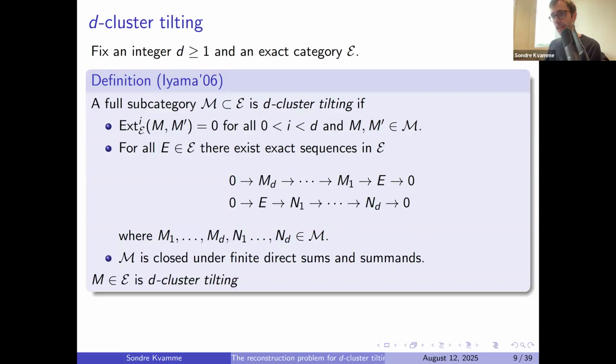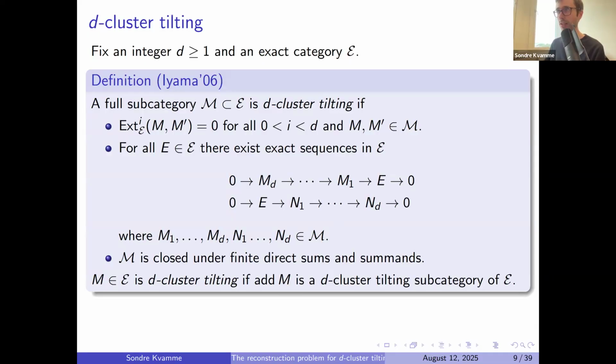So now we define what it means for an object to be D-cluster tilting. An object is D-cluster tilting if its additive closure is a D-cluster tilting subcategory of E. So here add M is just a smaller subcategory of E containing M, which is closed under finite direct sums and summands. So I think a lot of you have seen a definition of D-cluster tilting before, but you might